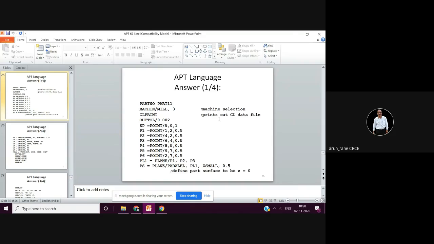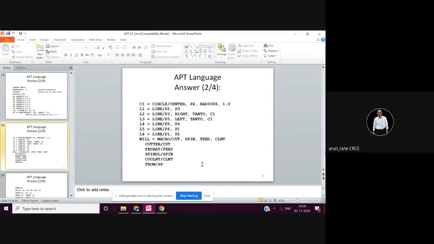Like now, this is machine selection, and this is your cutter location data file. Prints cutter location data file. Then still now you are defining your geometry.